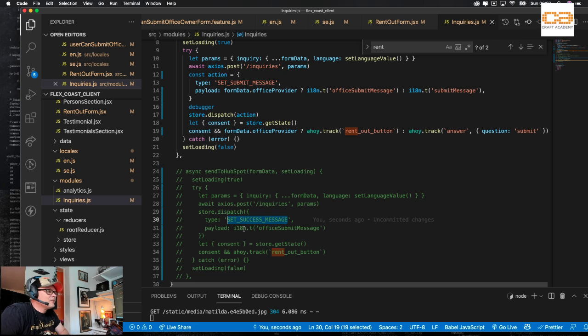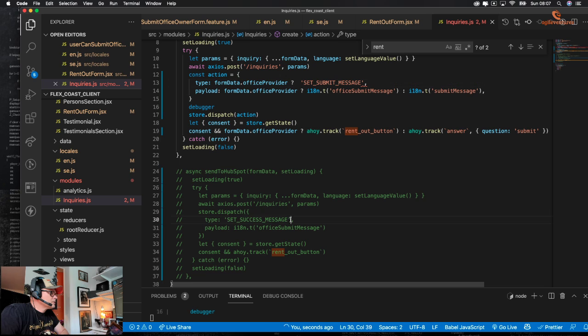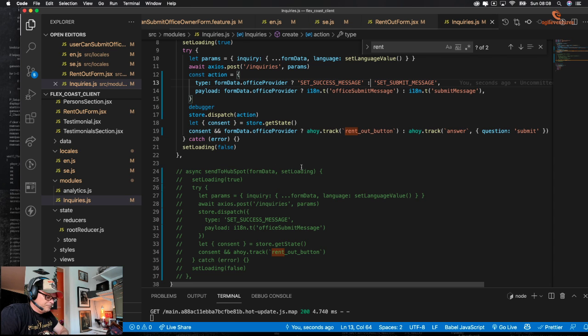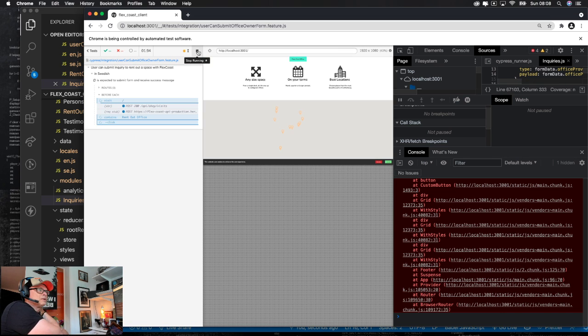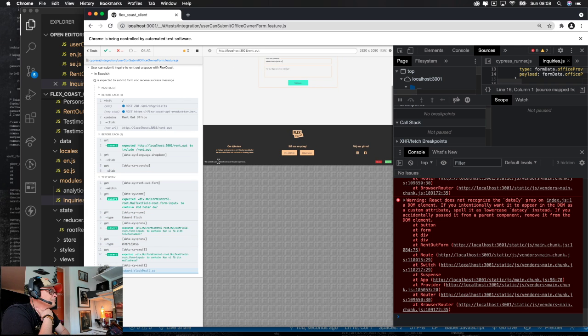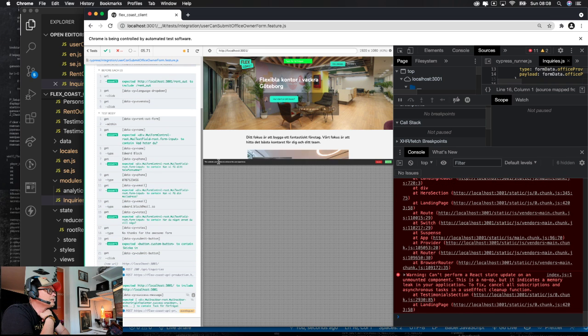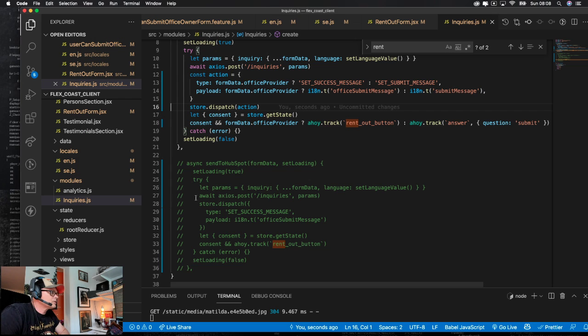Right. Oh, I can just hack this really quickly. Just say this, and then we just do set success. It still won't be the best solution, but we can get this to work at least. Right, so we can remove the debugger. The test should go green, probably. Right. So we're good to go on that one. I can remove that.